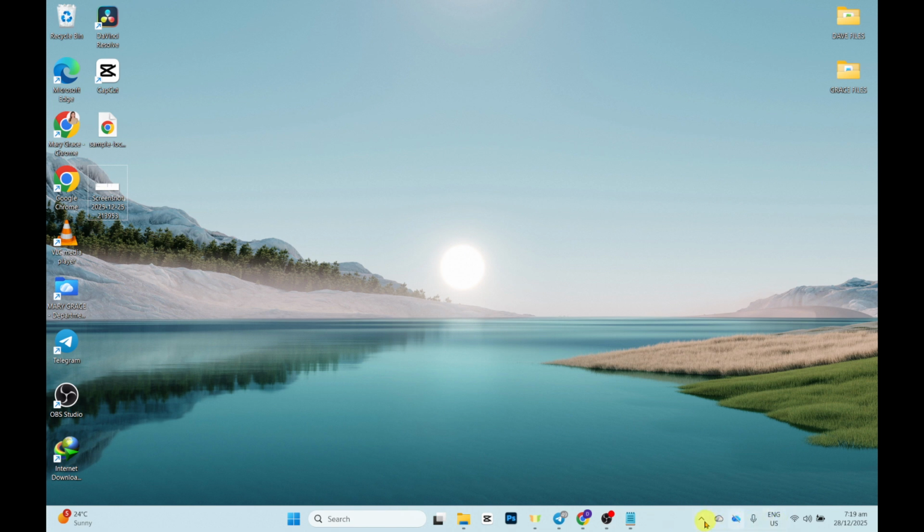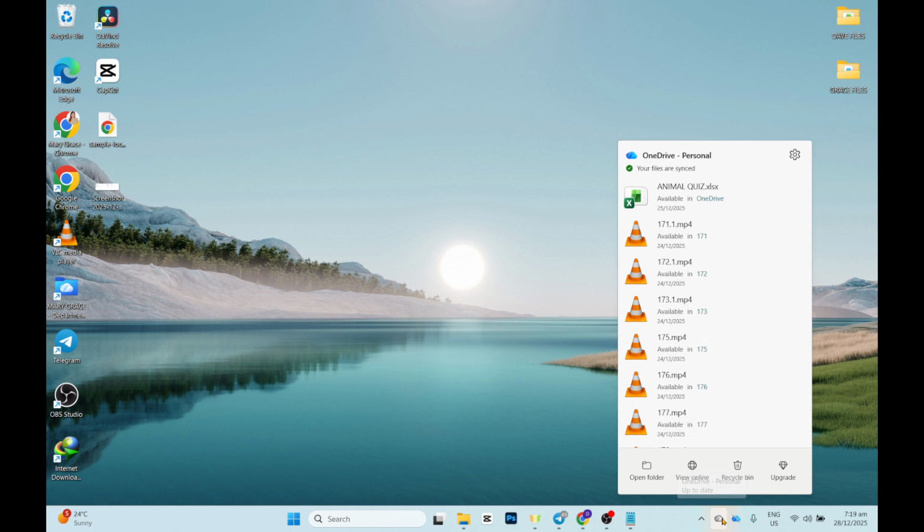Start on your desktop, then look toward the lower right corner of your screen in the taskbar's notification area. That's where the OneDrive cloud icon lives. It may appear as a white or blue cloud depending on your account type and theme. Click that cloud to bring up the OneDrive panel. This panel is your quick control center, and it's the fastest way to jump straight into your OneDrive files without